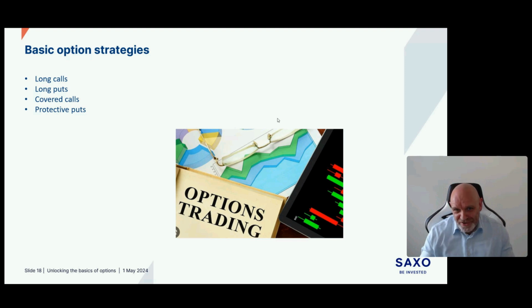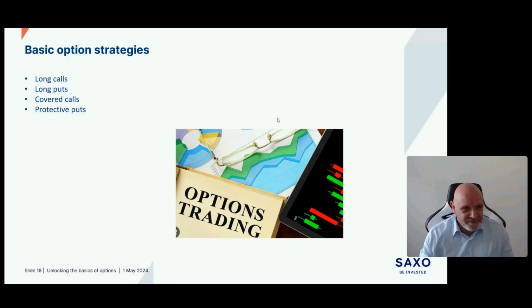So you pay the premium, and the value should go up, be it by using a call or a put. That's the whole idea. Long puts is just the same. You buy a put option in the hope that you will make a profit. Then very shortly, covered calls and protective puts, which is a very basic hedging